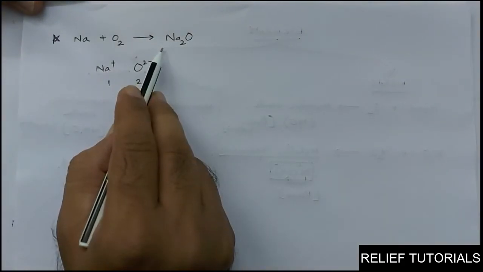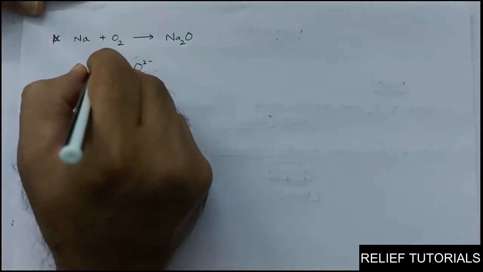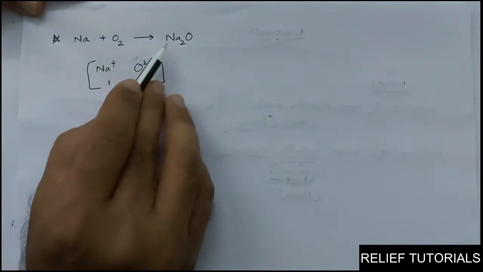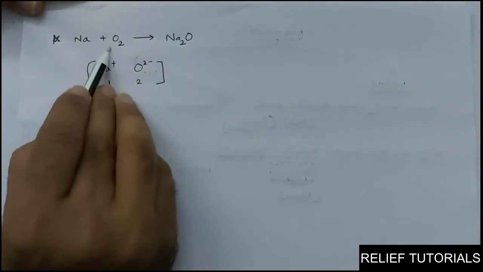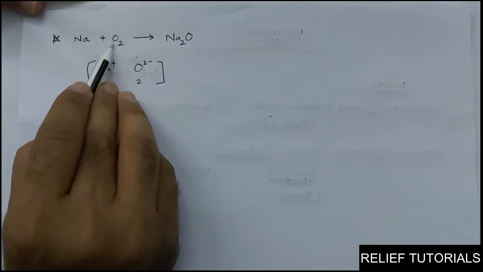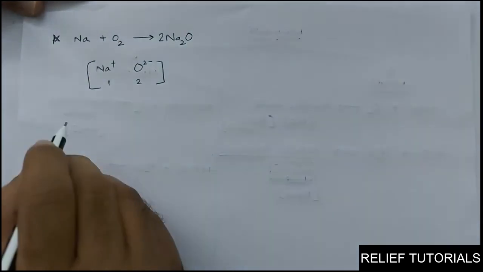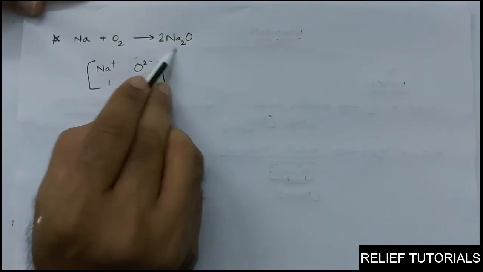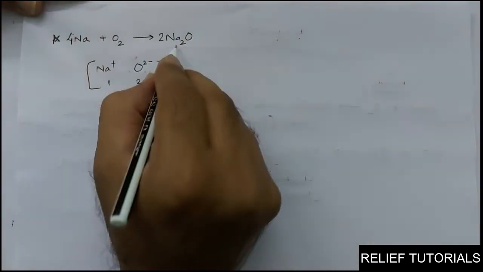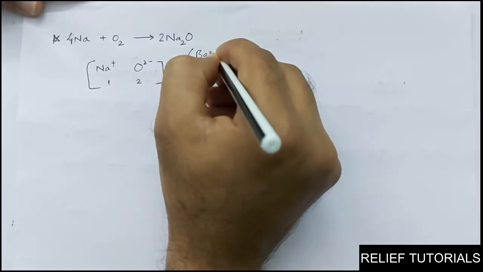This we have done in the first chapter, chemical reactions. Okay, so this is the rough work for you. Sodium reacts with oxygen to form sodium oxide. Is it balanced? I think no. So first of all make it balanced. Oxygens are 2 here. Here oxygen is 1. So we can add 2 to make it balanced. Now sodium becomes 2, 2 times 2 is 4. So here 4. So this is sodium oxide, which is a metallic oxide. This is basic in nature.